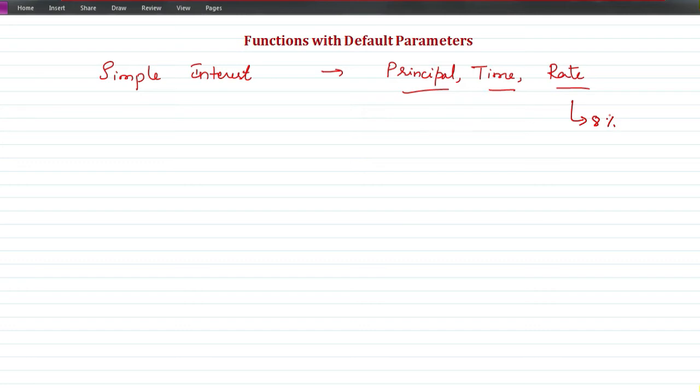Now, I don't want to create two different functions under the name interest, in which in one function I will pass two parameters, in the other one I will pass three parameters. So if I am passing two parameters, then for rate it is going to consider 8. If I pass three parameters, then whatever value I have given, third parameter, that will be taken for rate. This is function overloading. But do I have to write two overloaded functions in this case? No, because formula for calculating simple interest in both the cases is the same.